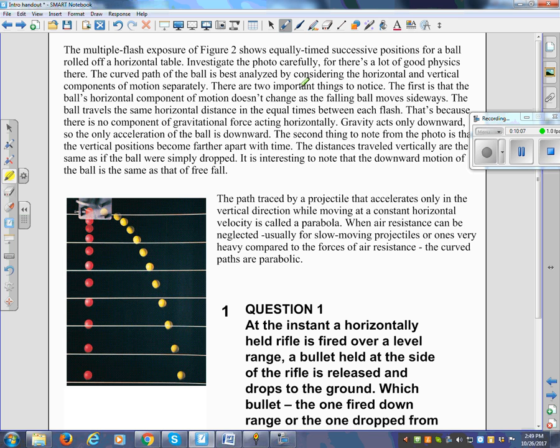There are two important things to notice. The first is the ball's horizontal component of motion doesn't change as the falling ball moves sideways. The ball travels the same horizontal distance in equal times between each flash. Okay, so again, if I draw that line,